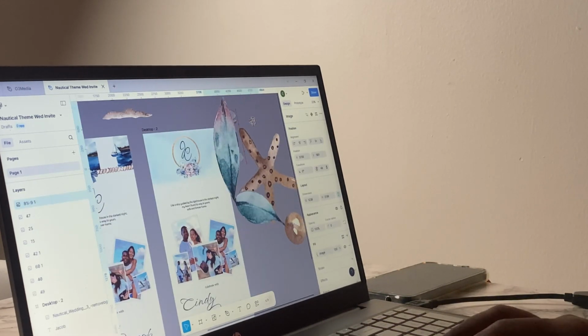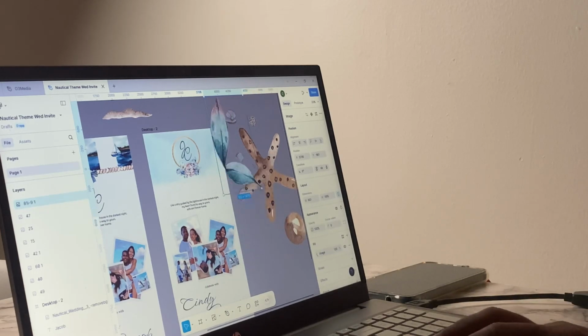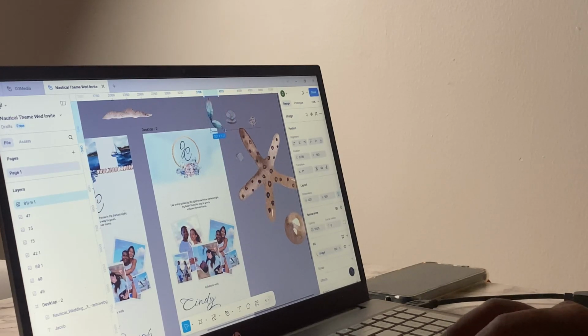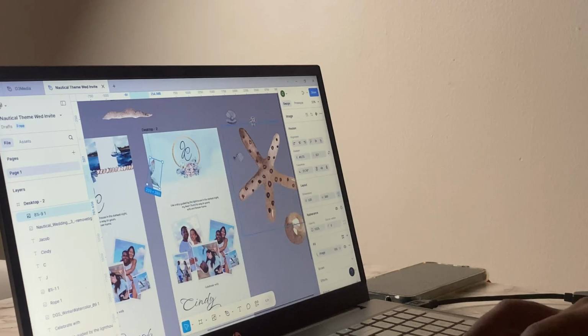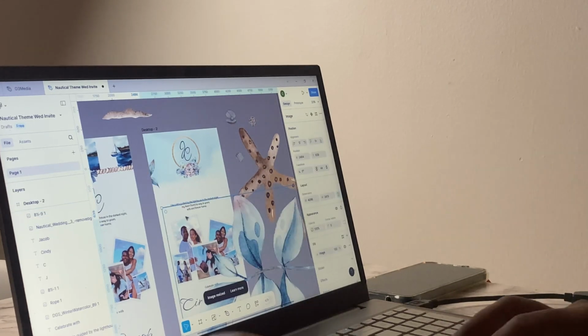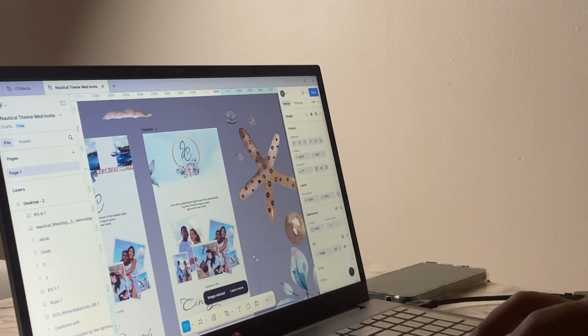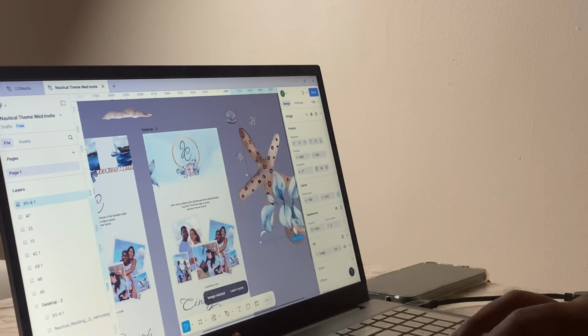And of course, because it's a nautical theme, I'll definitely be adding some seashells, some seaweed, some stones, some rocks, all those sorts of things that you typically find in the sea.